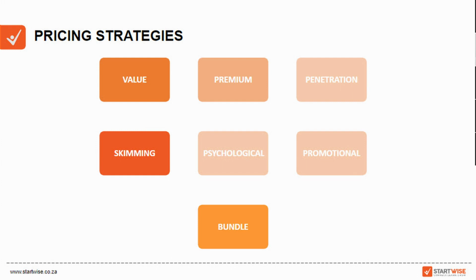And a very important one is bundle pricing. In bundle pricing, you often use it to upsell your product. So let's say you have a beauty salon and you're selling skincare products, and you've got a toner, a moisturizer, and a face wash. Each of those might be more expensive individually, but as a bundle, they might be a bit cheaper. So you are actually incentivizing the customer to buy more from you because they get a better deal overall. So that is your bundle pricing.